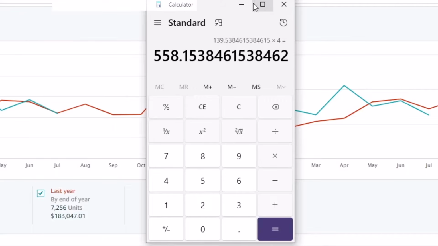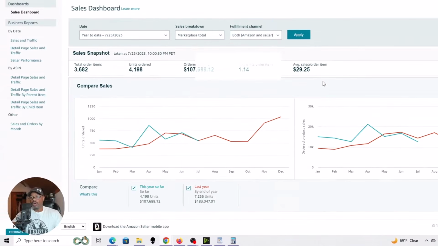Okay, this is important, guys, because you have to have that realistic expectation. A lot of people just talk about numbers, but they don't reverse engineer it so that you can see how they got to that number. That's what's going to really get you in the right frame of mind if you're serious about doing this.